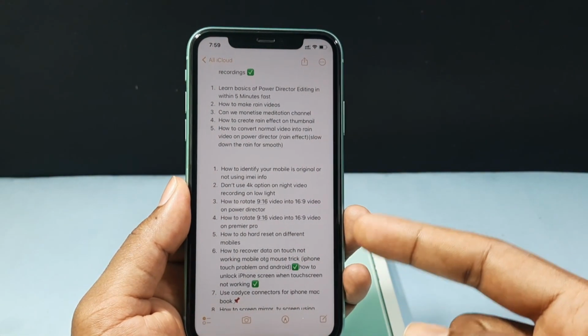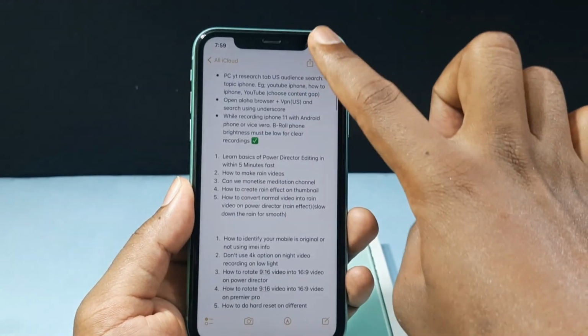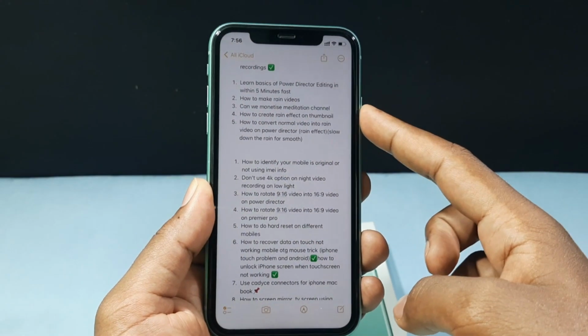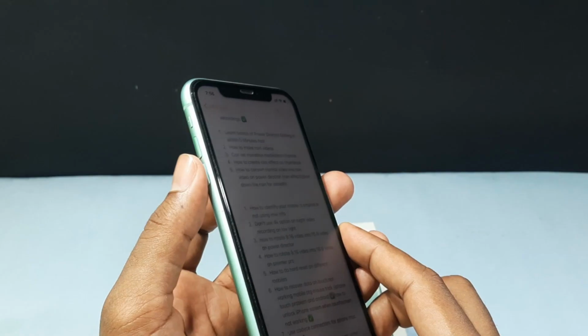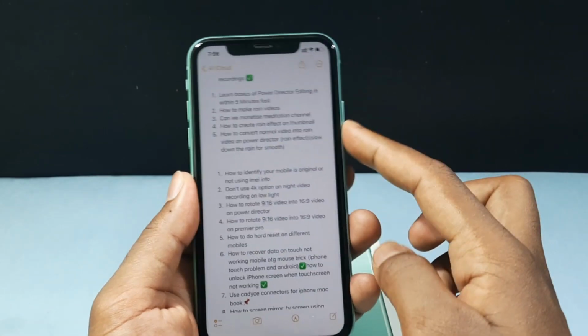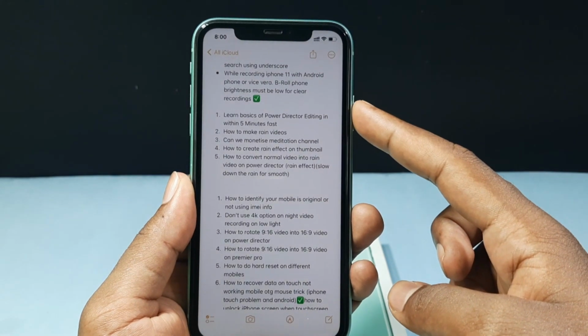Now give your iPhone to a friend or anyone. They are just stuck on the Notes app. They can't edit anything. If I tap the side button, nothing will happen. If I click the volume up button, down button, nothing. Nothing works. To exit this guided access, just triple click the side button